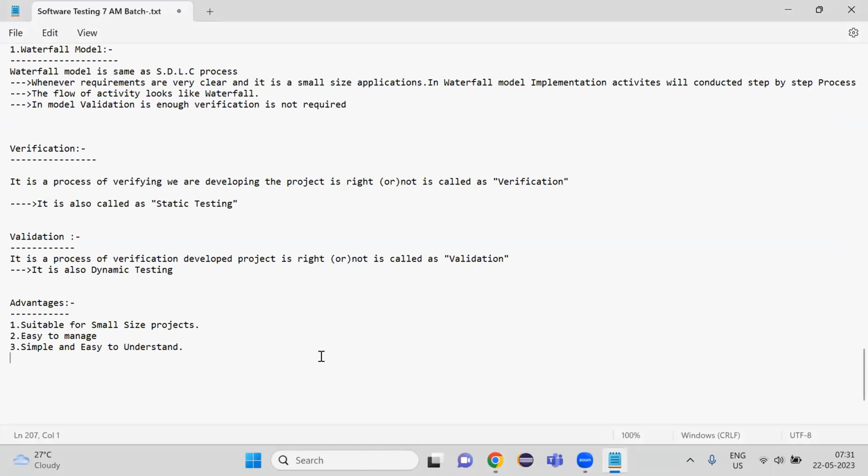Coming to disadvantages. What are the disadvantages? Not applicable for big size projects. It is not suitable for big size applications. Coming to the second one, it takes more time, right? Yes, it is very